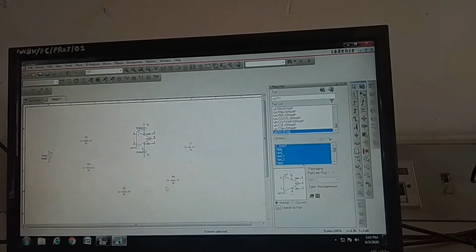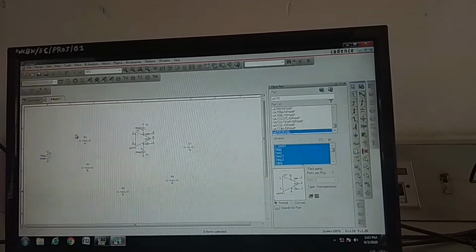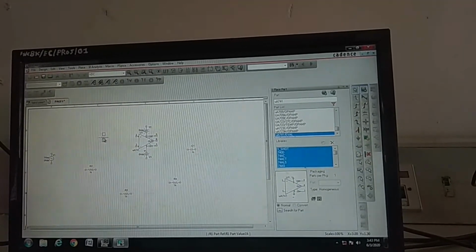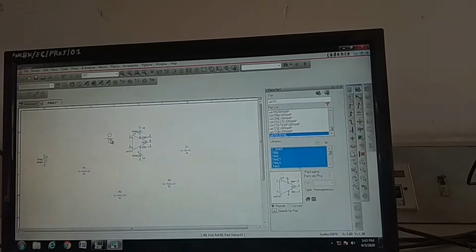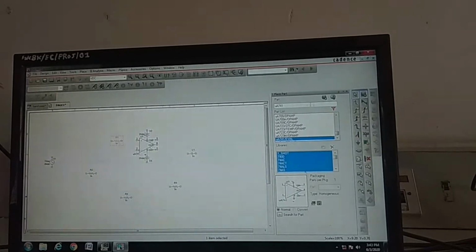Now we'll connect this component according to the circuit diagram.